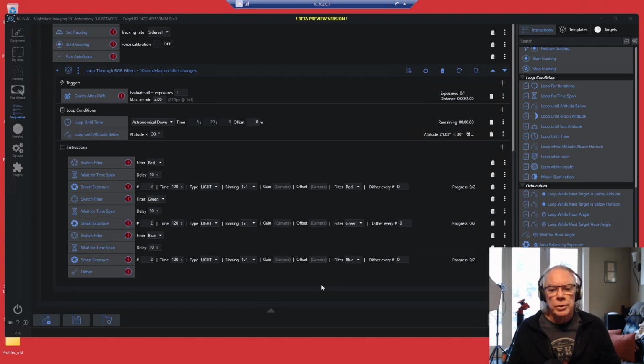And really this is what I like about the loop, because I can set an instruction set here where I switch to a filter. Now I'm chasing a little bit of an issue.